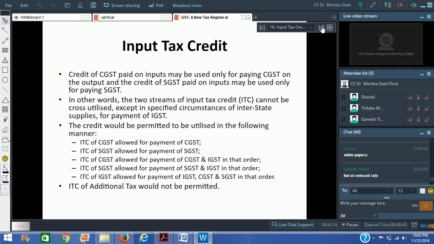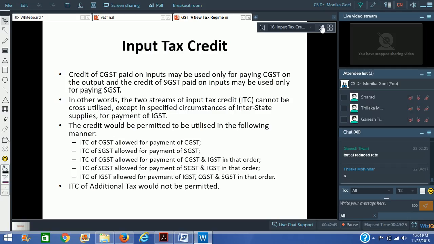And IGST includes CGST plus, just one correction here. If it is a sale within the state, we are going to levy both CGST and SGST, because CGST will be levied in lieu of the excise duty and service tax, and SGST will be levied in lieu of the VAT. So if it is a sale within the state, you will levy both CGST as well as SGST. Okay? And in case of interstate trade, it would be IGST plus 1%, and IGST will be a sum total